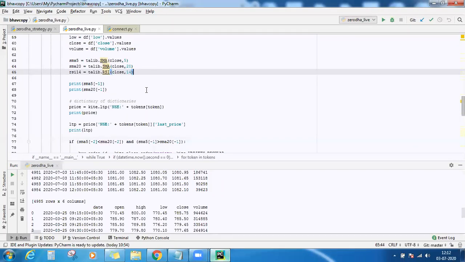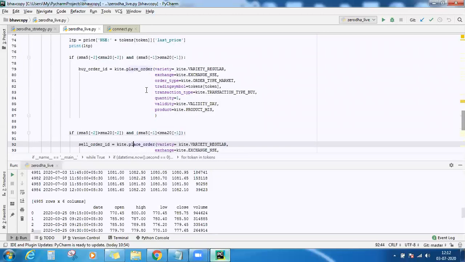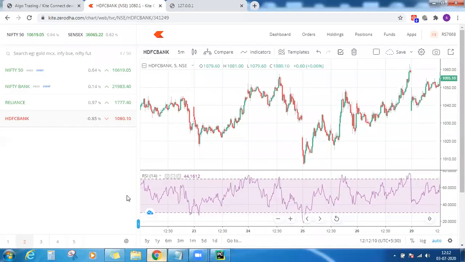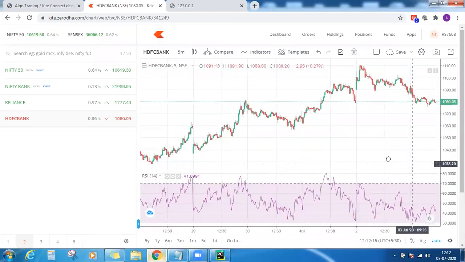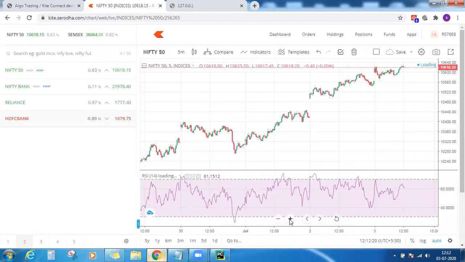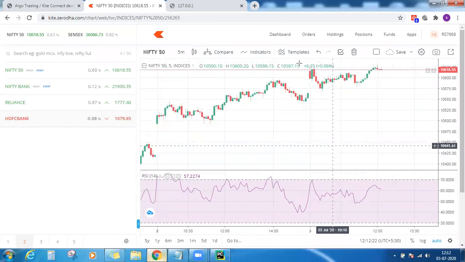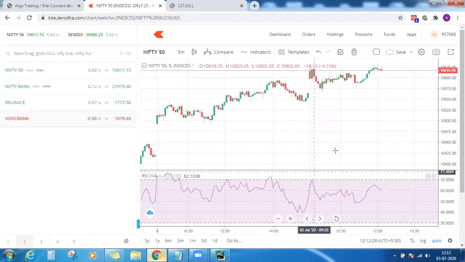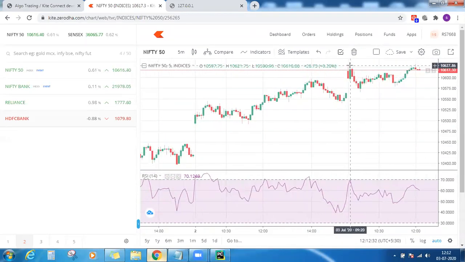Now the same, if you want to initiate an options order instead of depending on this, let's say you want to initiate an order on Nifty. So in the morning, Nifty was slightly bullish with a gap up. So it opened gap up and then it reversed back. So here, somewhere around here, when RSI was at 70, you want to buy a put option.